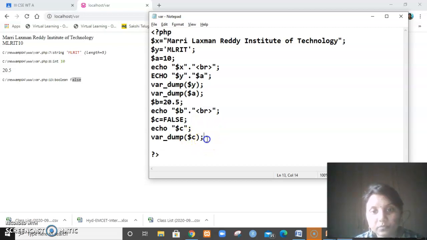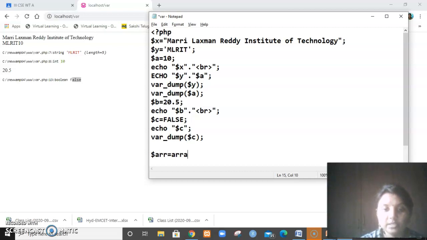So I'll take some other variable, so arr, which is equal to, I'm creating an array. In this array, let me give different departments of MLRIT.